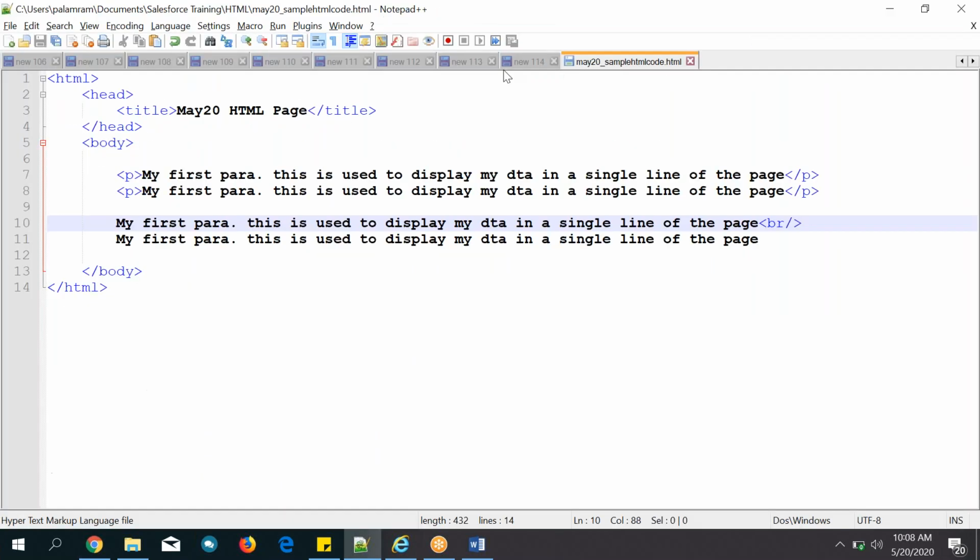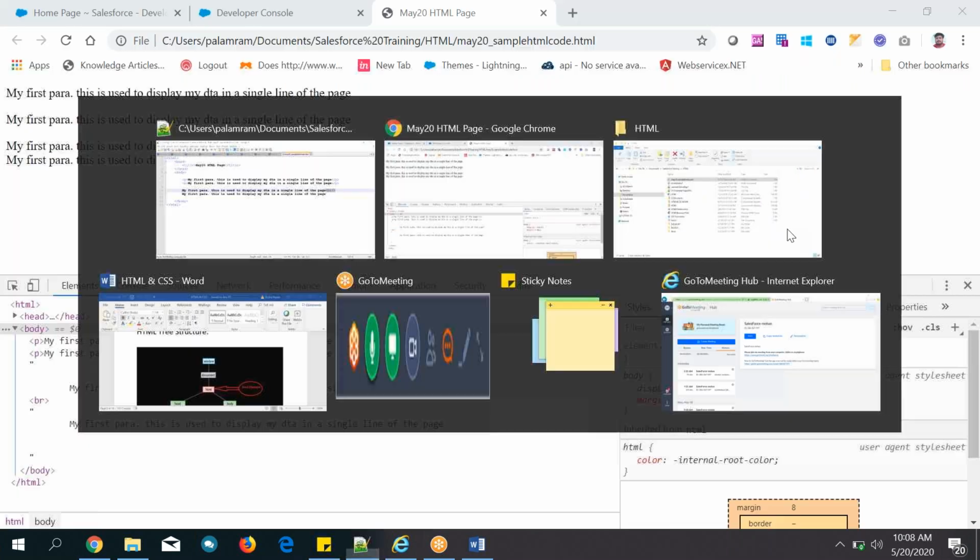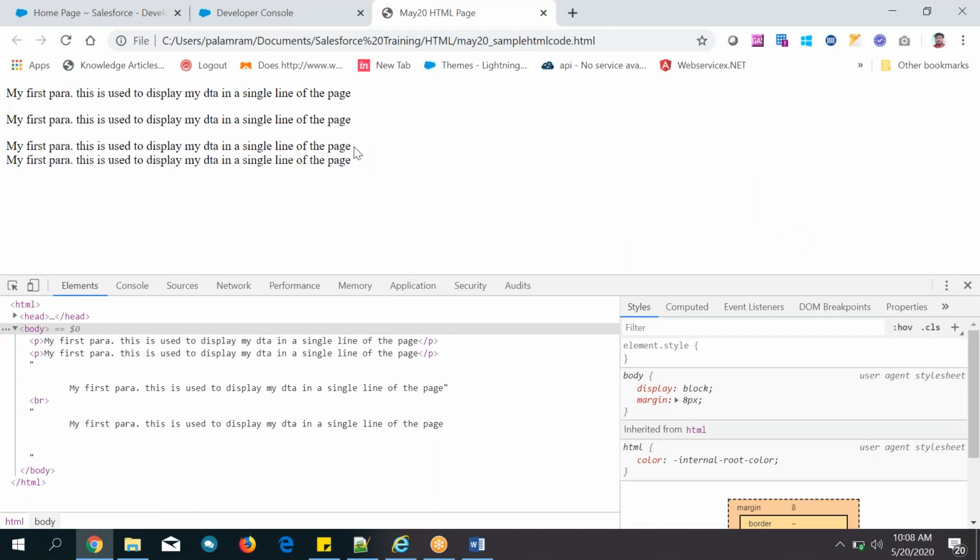So what do you understand from this one? See here, from here to here, you have used a break tag. So that means at the end of this one, you have used a break tag, and it breaks a single statement into 2 statements. So now this is one and this is another. It is displayed in the next line. So break will break the single statement into 2 statements and display them in the next line. So now from this, what do you understand?